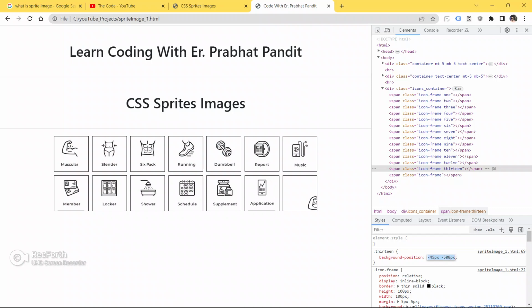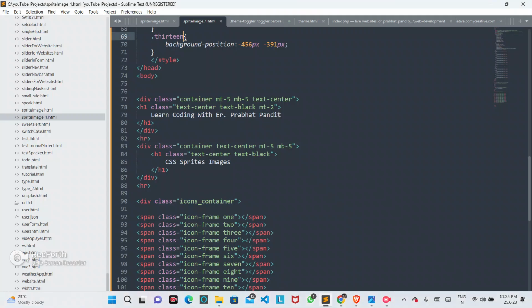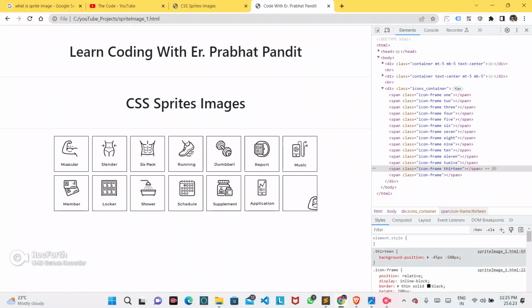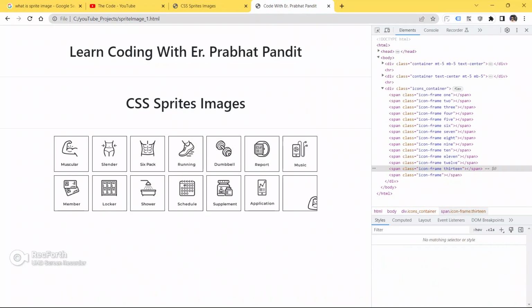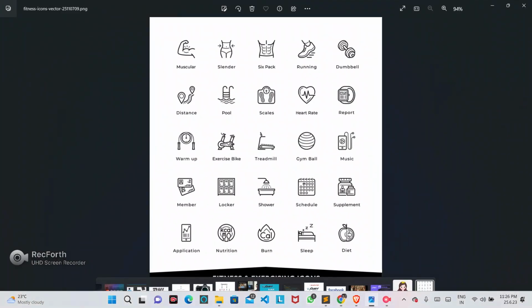Okay, so it's application here, guys. Just copy it from here and paste inside the 13 class. Save your code, go to the browser and refresh your page.